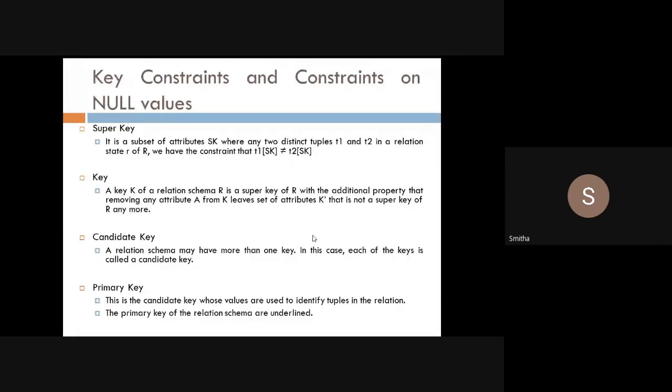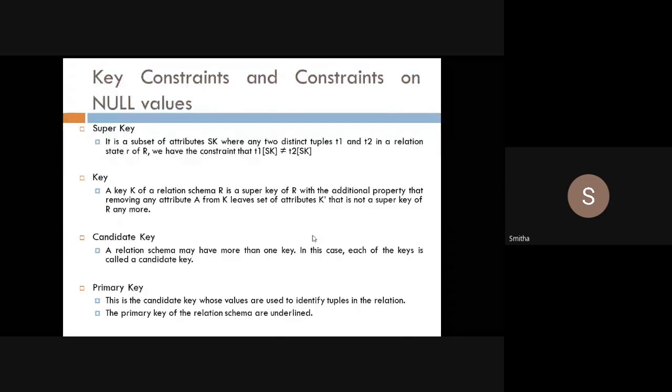So what is a super key? A super key is nothing but a subset of attributes. You know what a subset is: if I have 5 attributes and I take 2 of those 5 attributes, those 2 attributes will be a subset of that attribute set.